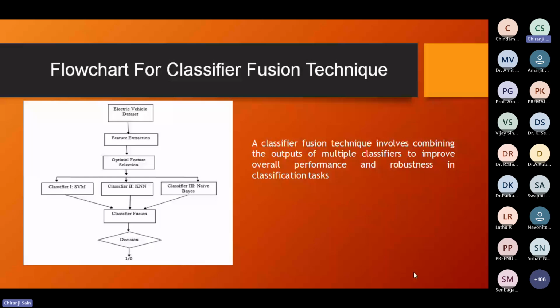So finally, we could conclude that the classifier fusion technique is a subset of the machine learning classification problem, which involves combining the outputs of multiple classifiers in order to improve the overall performance and to enhance the robustness in the context of the classification problems that we need to have. And we are going to have the optimal feature selections. You could see the different classifications are basically taken care of in this particular problem, and the